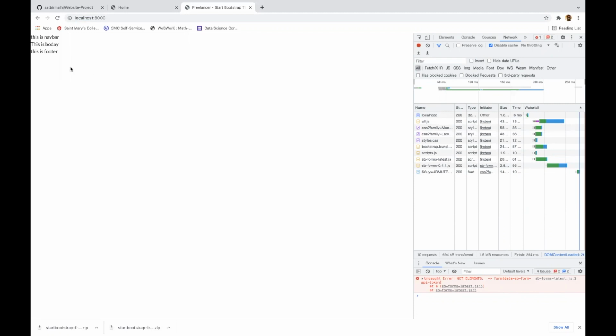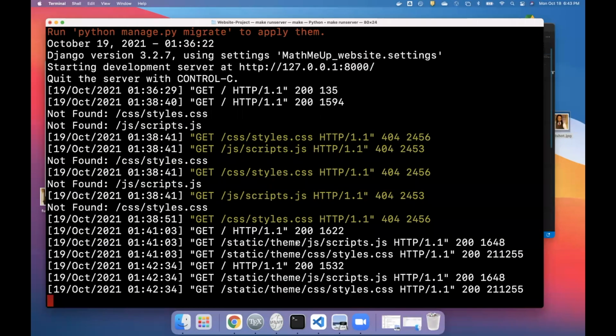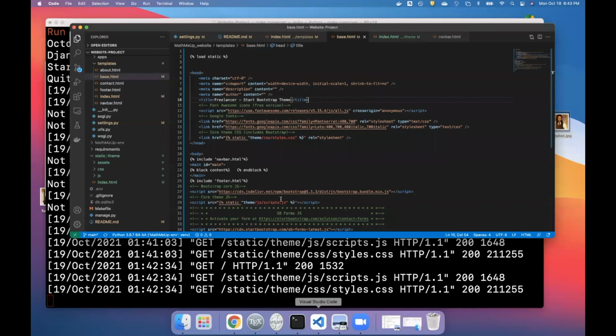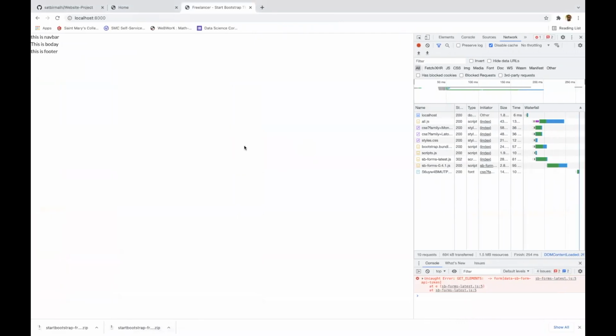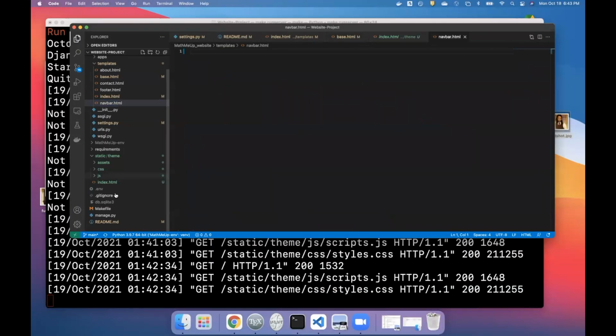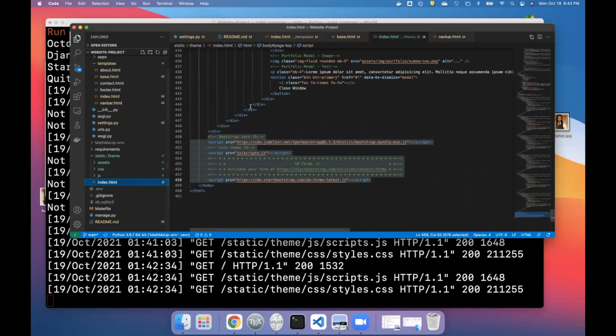Okay, but we still have this nav bar, body, and footer, because we didn't write any code there which can build these. We just write the code in the base.html. Next, we're going to go to the index, and why not go to the nav bar first and configure that code first. So if I go to the nav bar and then go into the index.html,